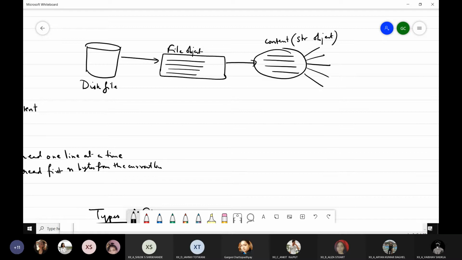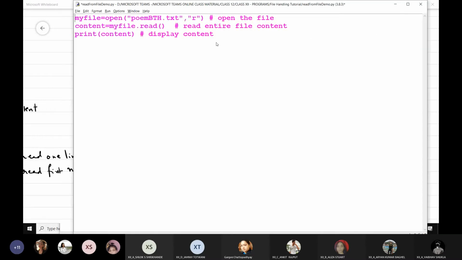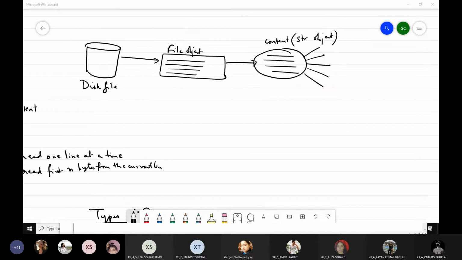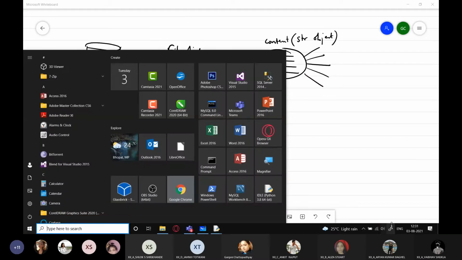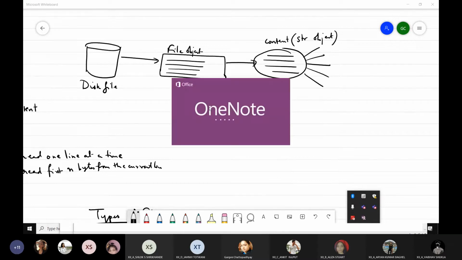You can either display it, or you can count characters, lowercase characters, you can count words, right? Anything, whatever you want to do, you can do on that file content. Is this much clear to everybody? Creating a file, opening a file. Let me save this. I'm going to save this program code because I'll be giving it to you.